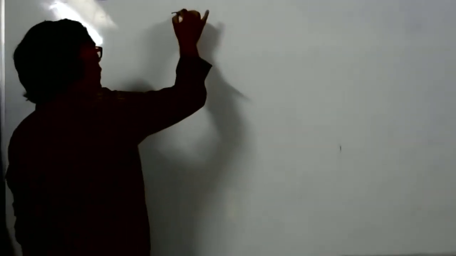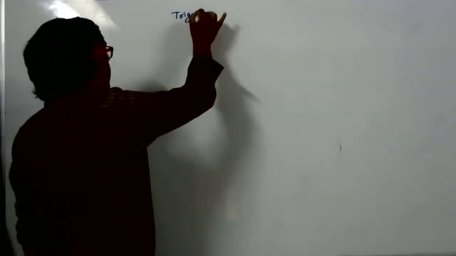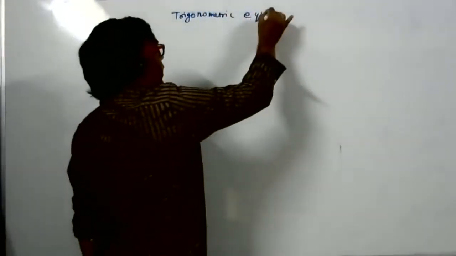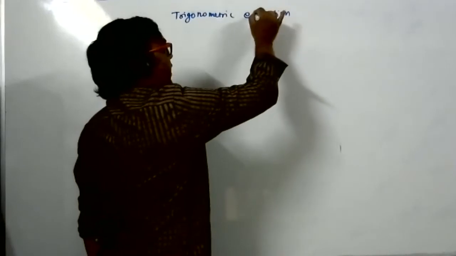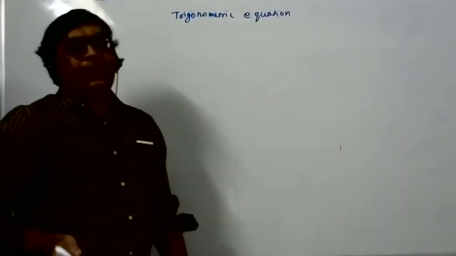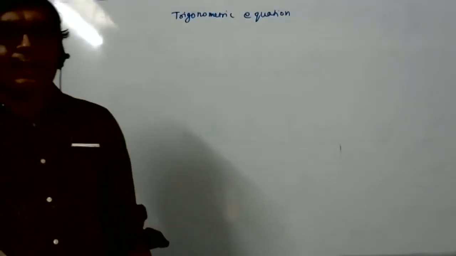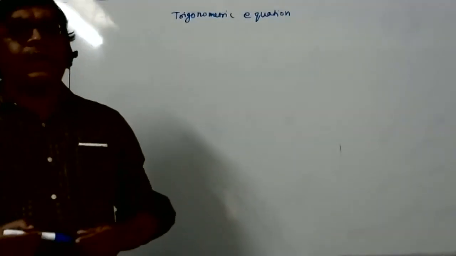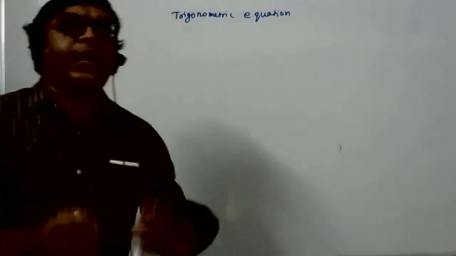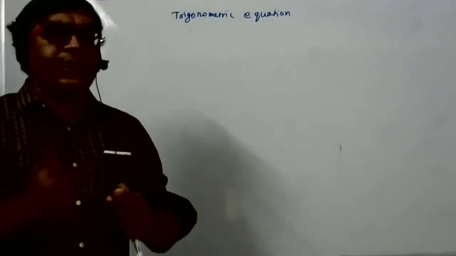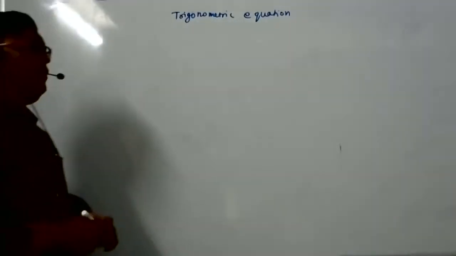Now, students, coming to trigonometric equation, as I was telling you the other day, the definition of trigonometric equation. Equation means you know, you have learned equation in school. There will be a left hand side and a right hand side. An equation is a statement of equality. But what is a trigonometric equation? It will also be an equation, but in that equation the trigonometric function will be the variable, or the angle of it will be the variable.